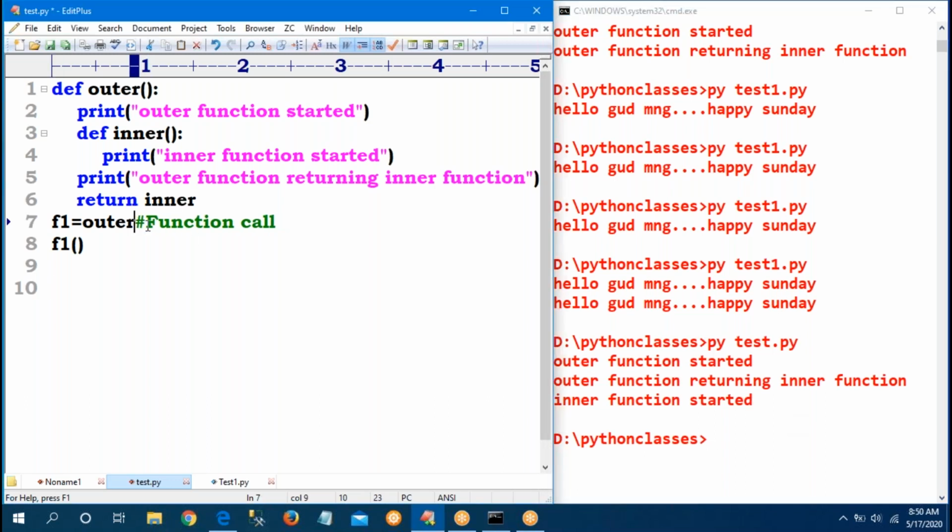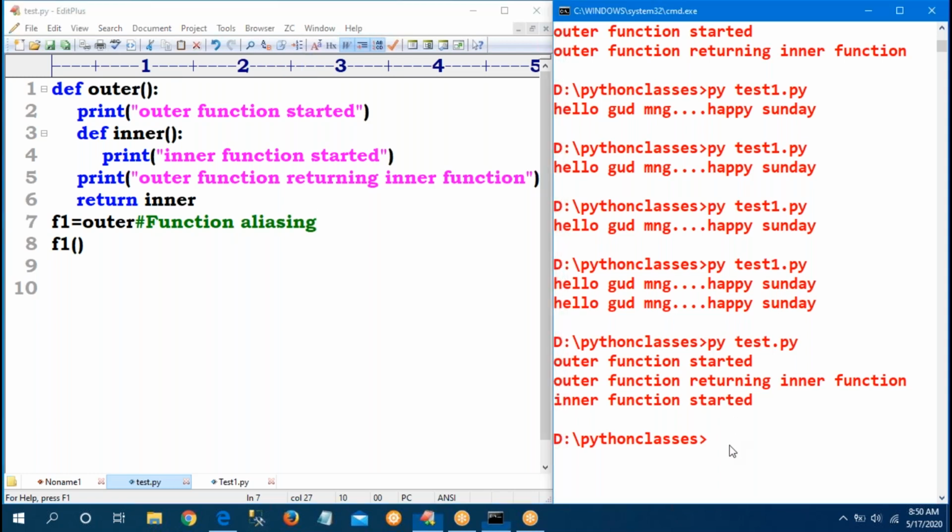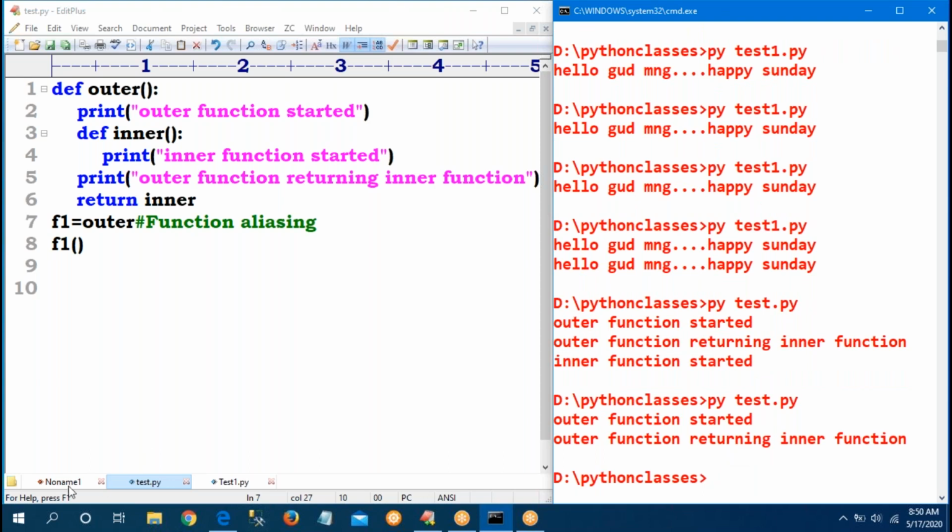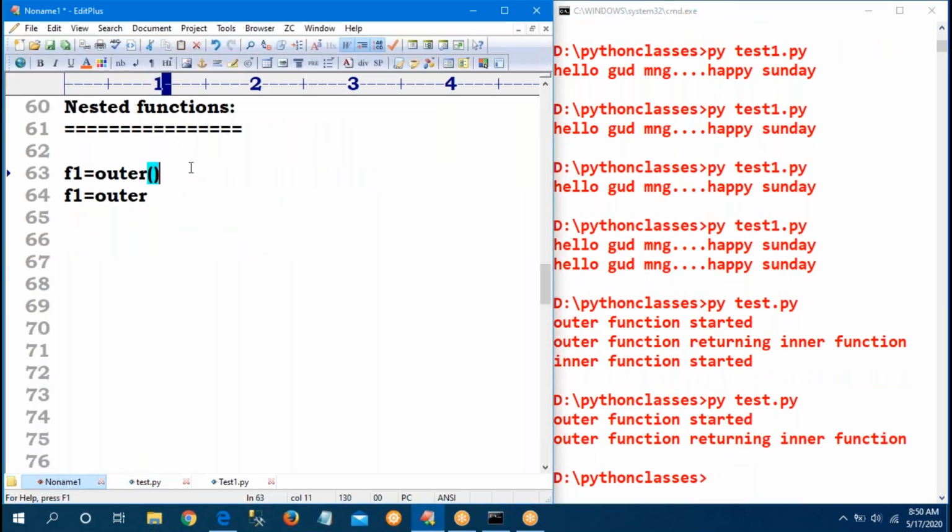If I do not give parenthesis, it is function aliasing. So outer is given one more reference, that is F1. The most valuable interview questions: this is called a function call, and this is called function aliasing.